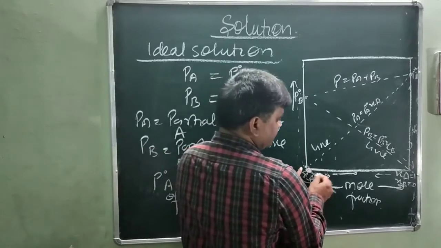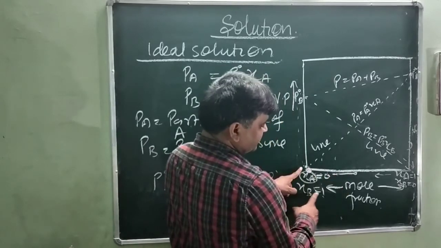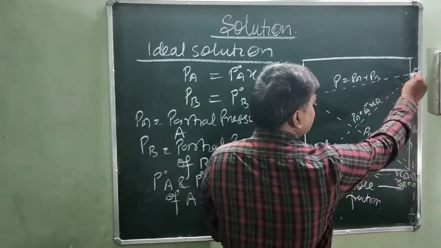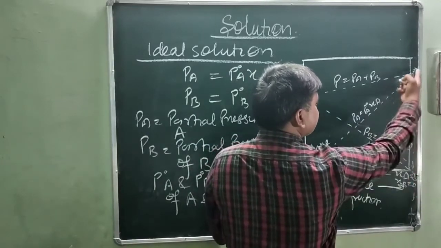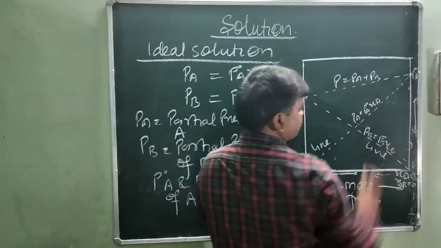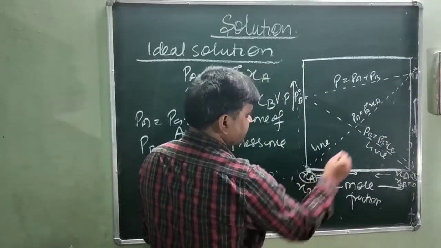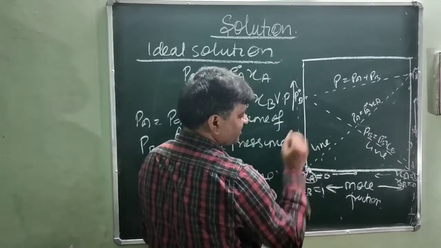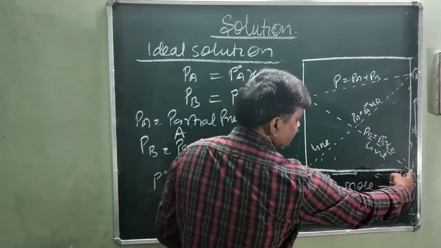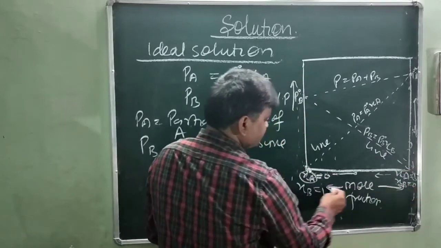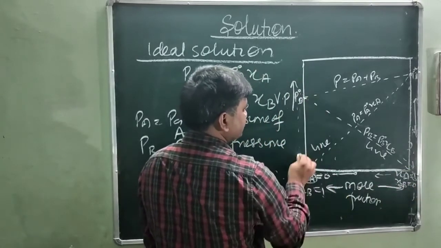But as it moves from left to right, XB concentration decreases and XA concentration increases. When it becomes 1, at this point their vapor pressure increases. This is increasing vapor pressure. And when coming from right to left, XA concentration decreases, their vapor pressure also decreases. And XB concentration is 0 here, so their vapor pressure is also 0 here. But as it increases, it meets at this point, meaning vapor pressure increases.